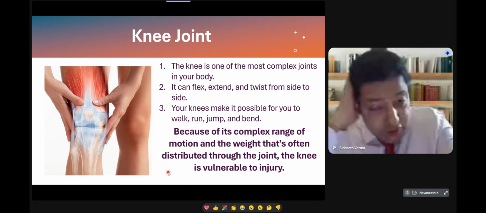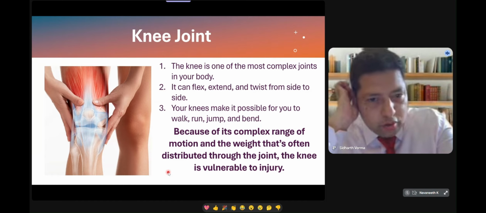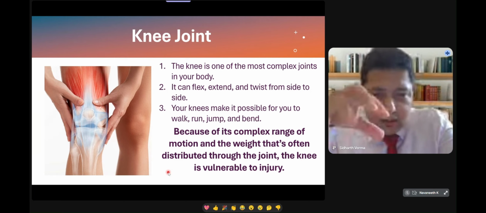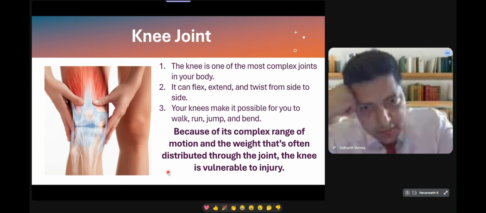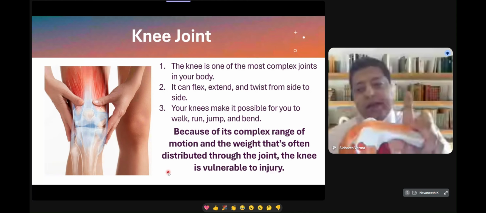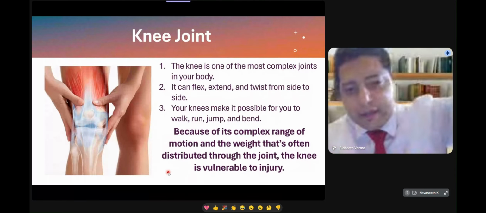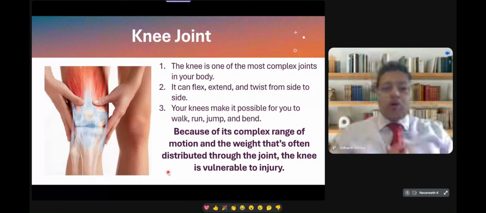Let's begin with the knee joint. The knee is one of the most complex joints in our body. Although it seems very simple, there is one bone above and one bone below, it's not that simple. It can flex, extend. Flex means it can bend, and it can extend and twist from side to side. So you can twist a little bit also, and they make it possible for us to walk, jump, run, and